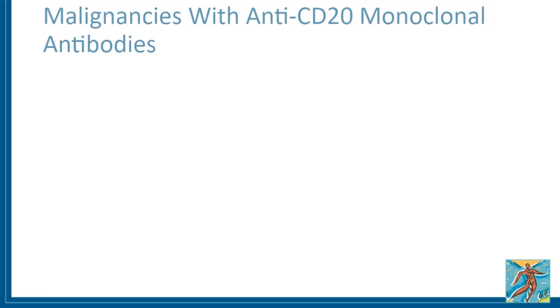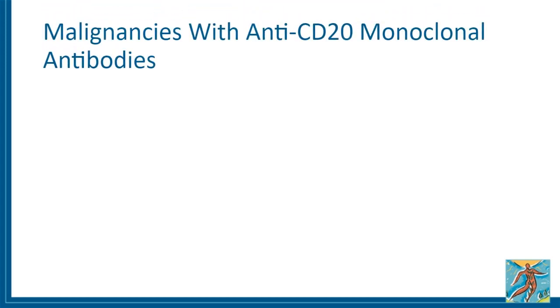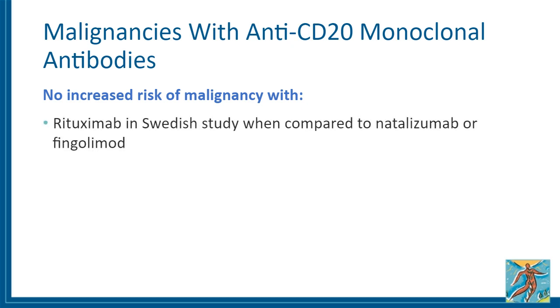With respect to malignancies, this has been looked at with rituximab, where we have a much longer experience. And what's been demonstrated is that there does not appear to be any significant risk with rituximab for malignancy in any population. And when you look at the data with respect to multiple sclerosis, one finds from, for instance, the Swedish registry, that there was no increased risk of malignancy with rituximab when compared to natalizumab or fingolimod in the